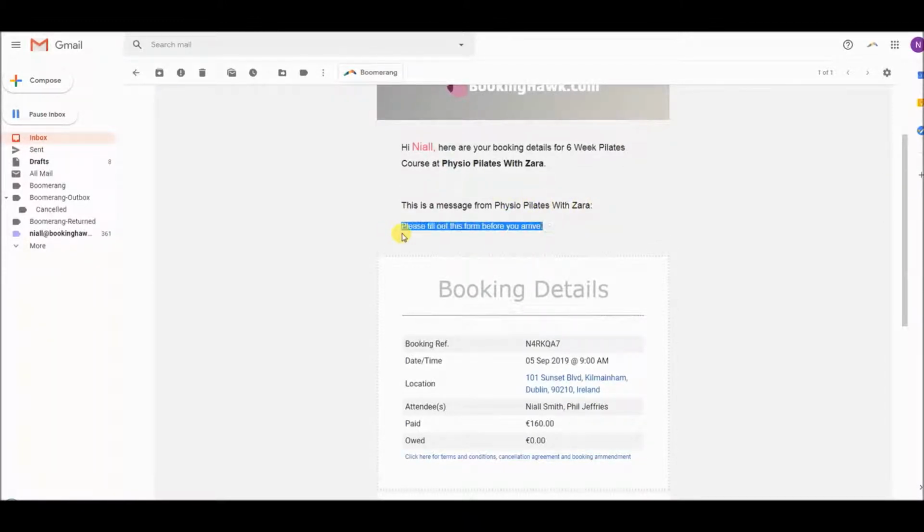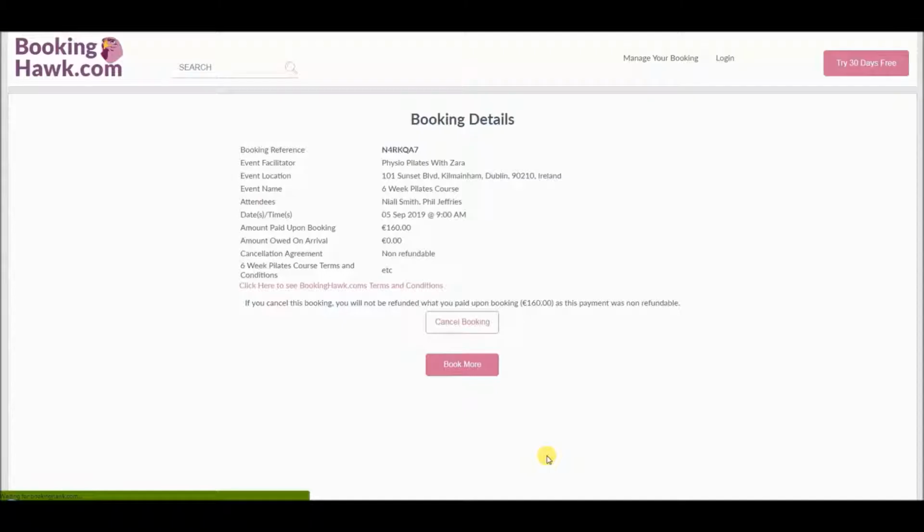You can put your own message here, such as please remember to bring a water bottle or wear appropriate clothing, whatever it is. And this is where you can put your pre-screening form. So the client could download it from here and fill it out and email it back to you. Now, what the client can also do is they can manage their own booking, so they can cancel